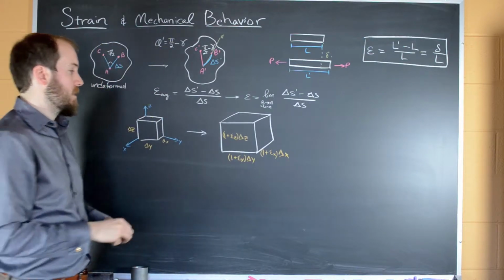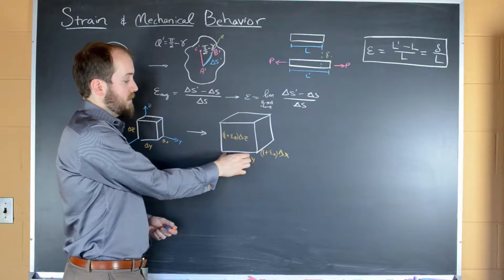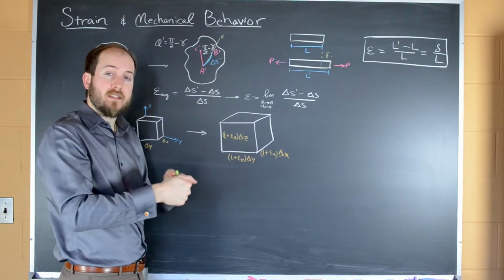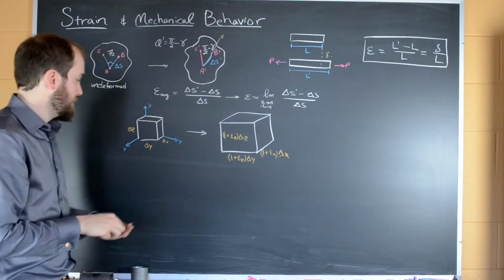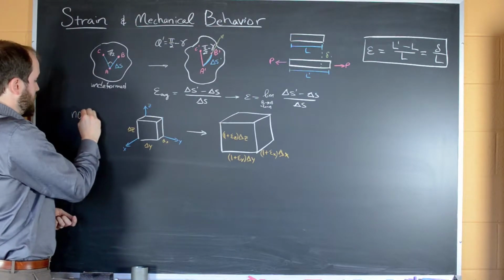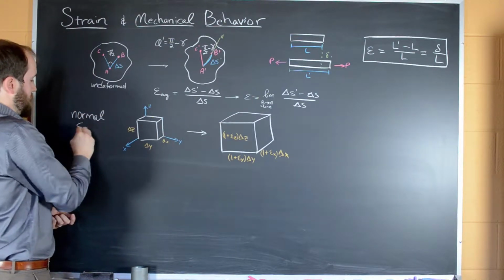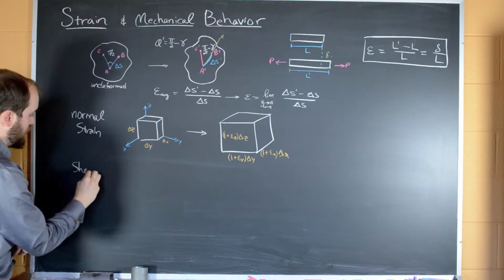So that's pretty straightforward. All we're doing is saying this thing had an initial length of delta y, and we've applied some deformation to it which caused it to elongate in the y direction by some strain epsilon y. So that's the case for normal strain. And we can additionally look at shear strain,